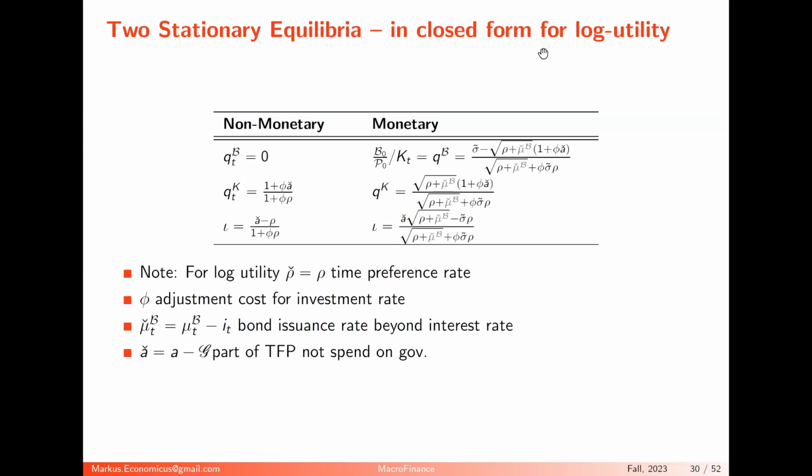So for log, I know that rho is equal to rho jack, and gamma is 1, and I have an explicit solution for all of that. And this is like an Aiyagari type model with closed form. Nobody says, wow. It's beautifully solved, everything. So that's essentially what the outcome is.